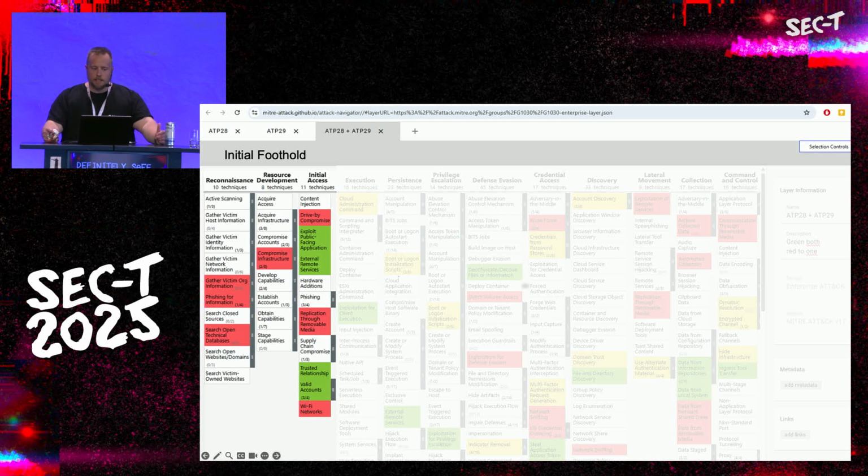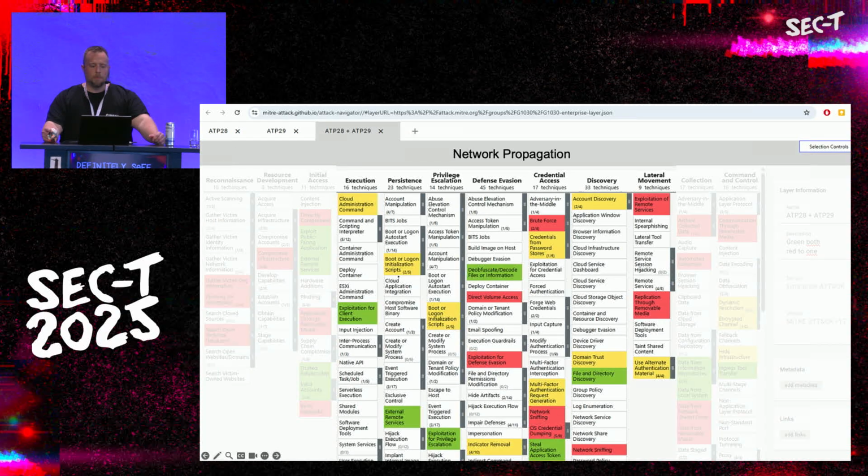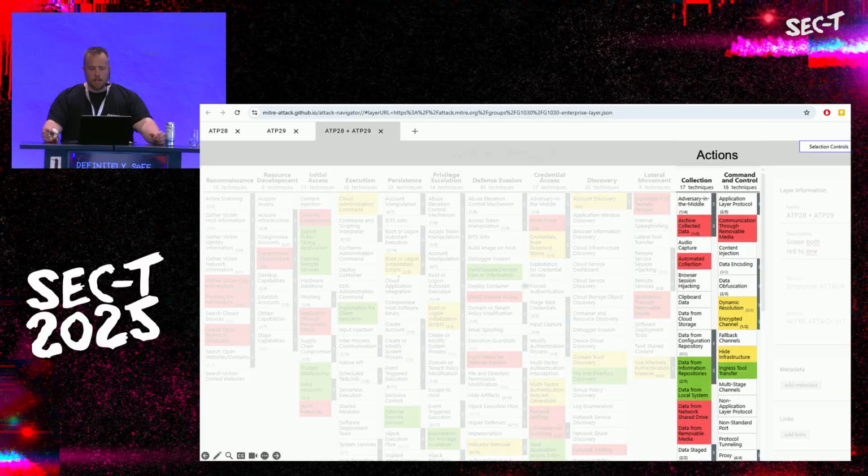So looking at the initial foothold, you can see that here are probably a few techniques that are really good to start at. And as well, for the network propagation, you fill this into your plan, that all the green ones can be a good way to take the next step to start testing. Of course, over time, you want to try as many as possible. And the same as well for